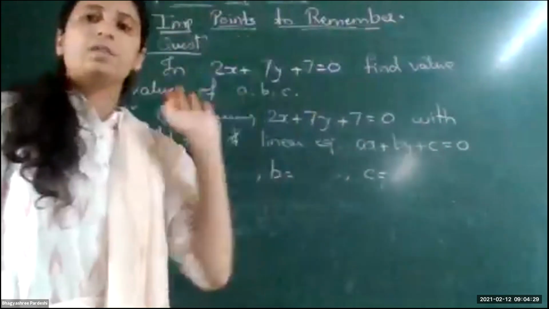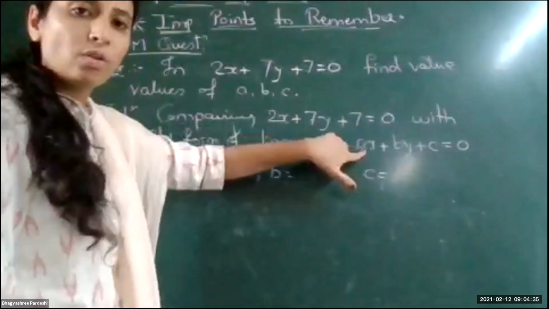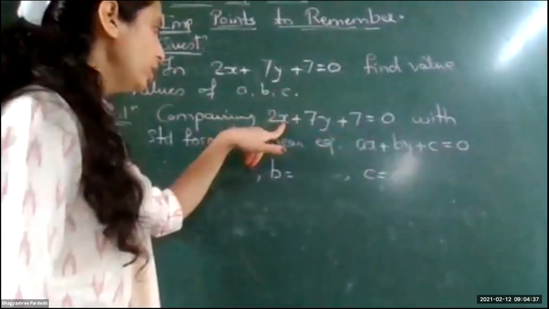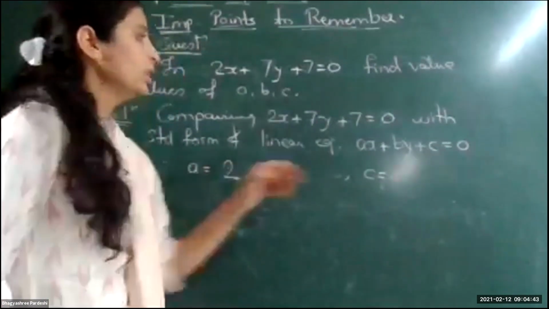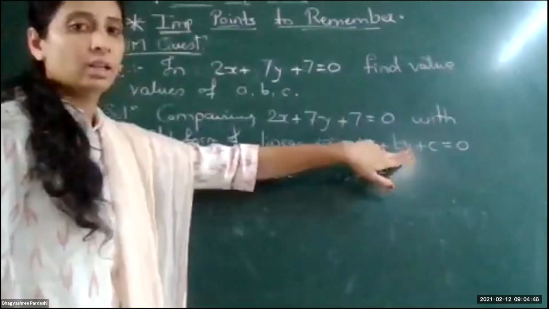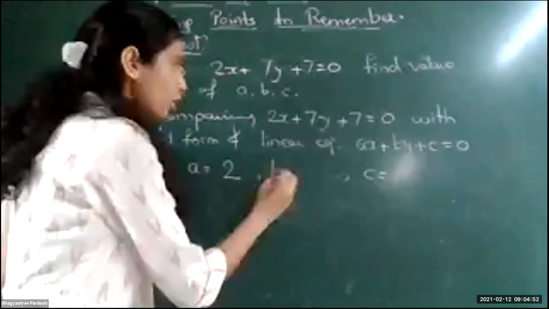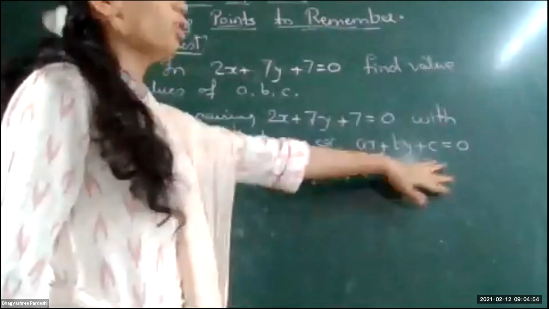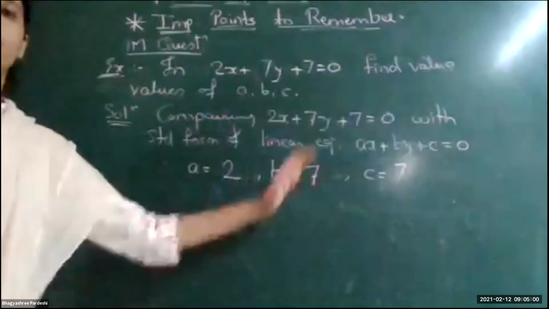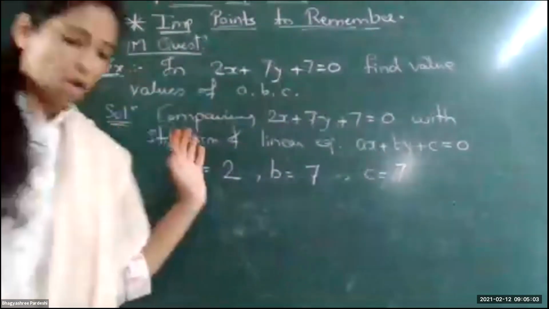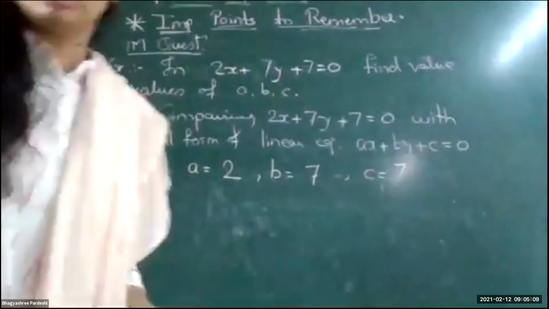Now, same as we do in quadratic, the same we use here. The coefficient of x is a, and in the given equation the coefficient of x is 2. So the value of a is 2. Next, the coefficient of y is b, and here it is 7, so the value of b is 7. Finally, c is the constant term, which is 7. So these are your values of a, b, and c. This question can be asked simply for 1 mark, in the MCQ or in question number 1B. So this is the easy one.